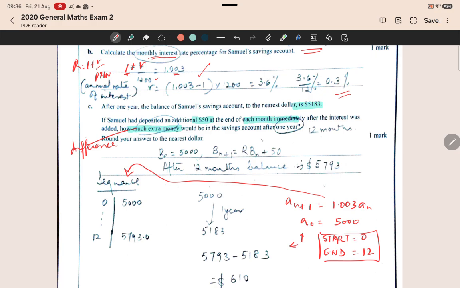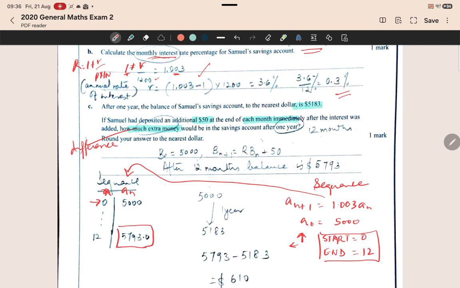by using the sequence tab, and putting in the following values. You have to be careful that start should be 0 and end is 12. End can be anything as long as you're looking at the 12th value on the table. And you get NAN and 0. The first thing you should check is your first value is always 0. Okay, that's the money you deposited. And the 12th value is